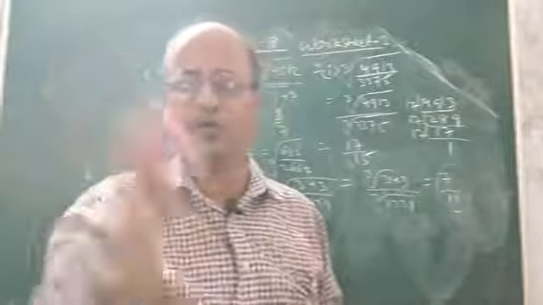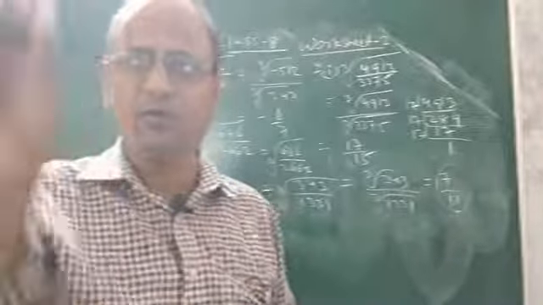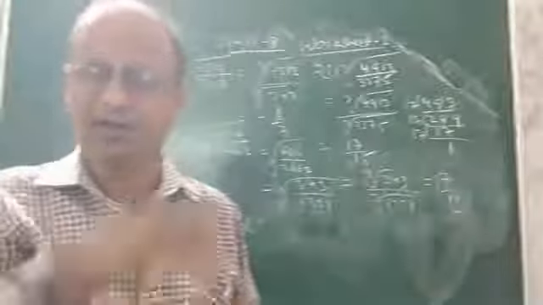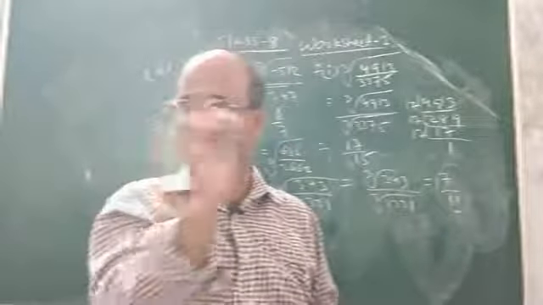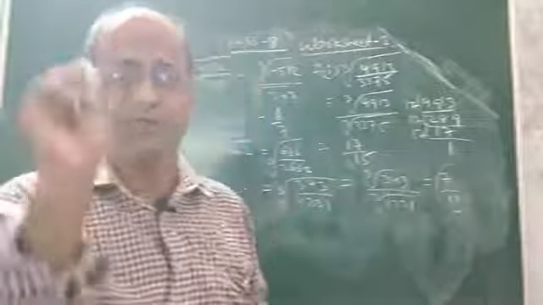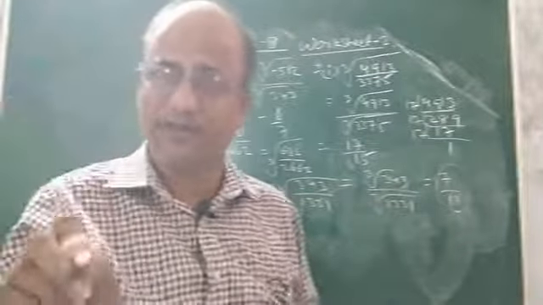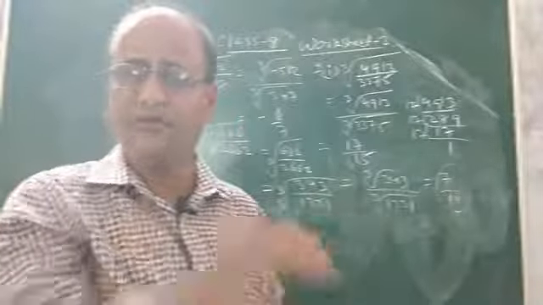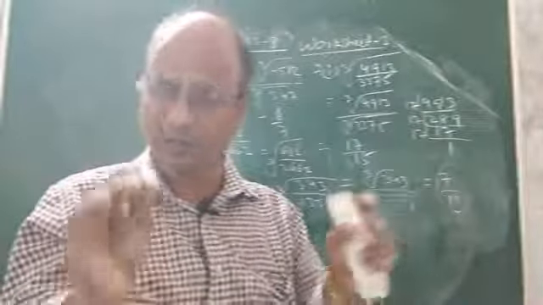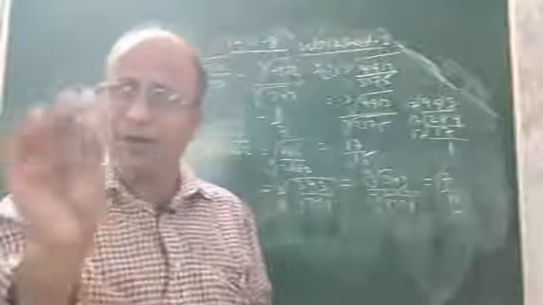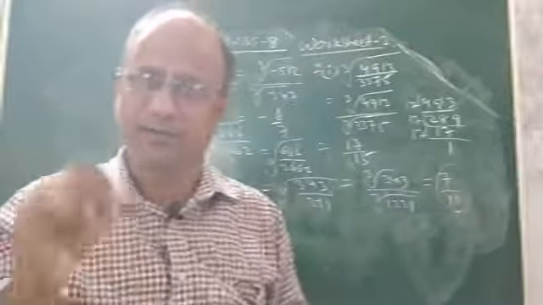Like in square root, we found the square root of non-perfect squares by estimation method. Similarly, in cube root, we can find the cube root of only perfect cubes, not non-perfect cubes. We can find the cube root of perfect cubes by another method known as estimation, other than the prime factorization method. So how to estimate the cube root of a perfect cube? It was discussed in the last class, in the normal class. So our understanding we will apply in problems given in this particular worksheet. We will discuss that in the next class.